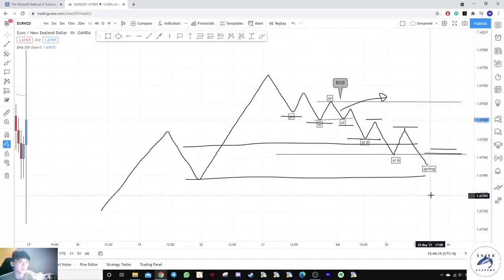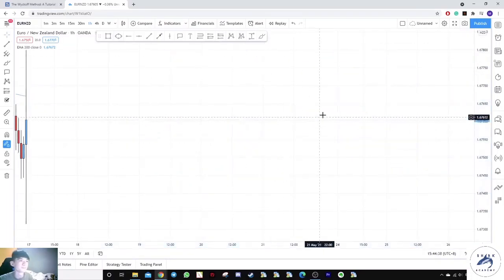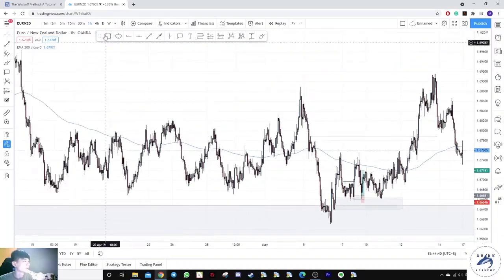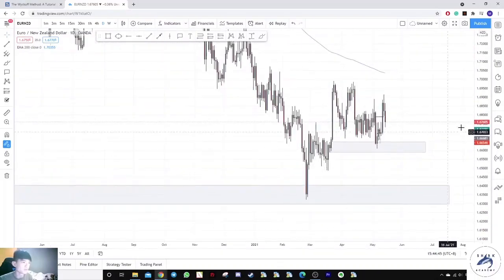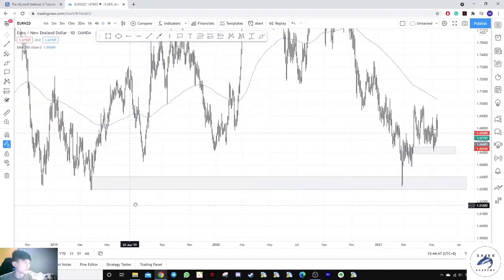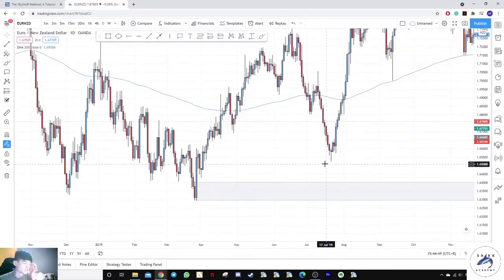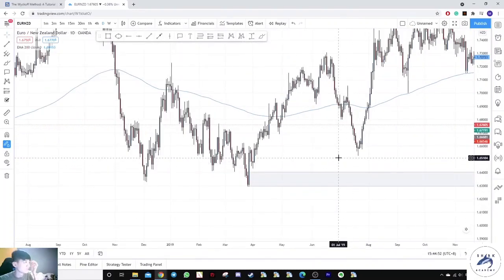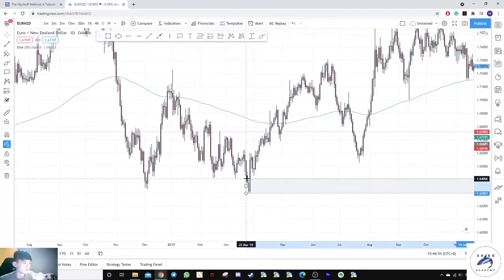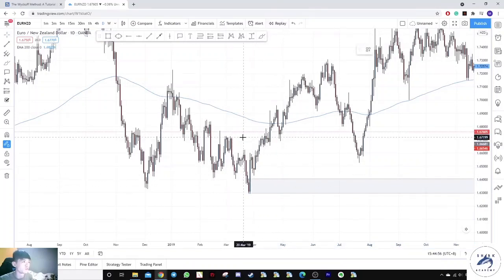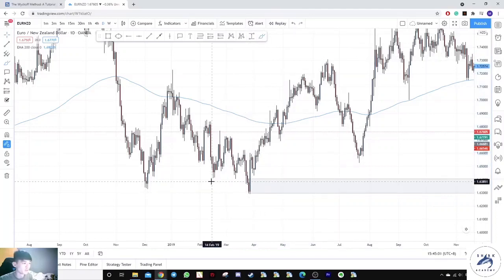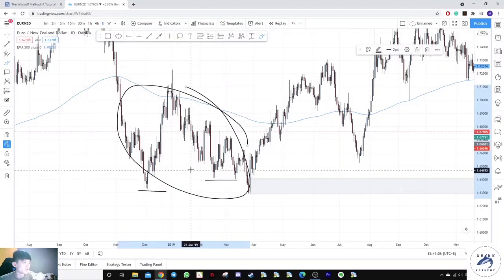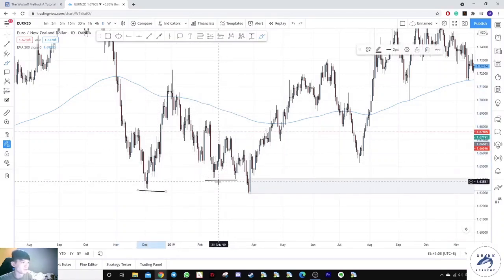So let me give you an example of a live chart. Previously for Euro NZD, we do have this very nice order block over here. So can you see that the creation of this move, on a daily time frame for Euro NZD, is generated from this move? Can you see this is a whole down move to the up move, correct? And this down move grabs liquidity of these areas. So you are actually able to find a Wyckoff schematic over here. So let me give you an example. Let me just label down.